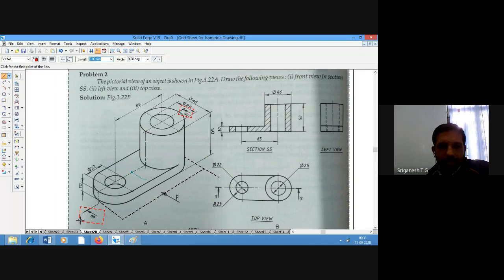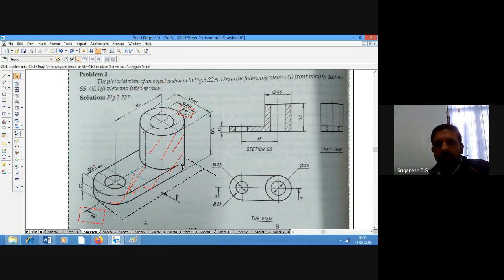See this arrow mark. The arrow mark is pointed towards the other side of the sectioning plane. So what is going to happen is that this particular portion in front, which is very close to the observer, is going to be removed. After this sectioning plane, whatever is there is going to be retained, where we have our VP plane over here.